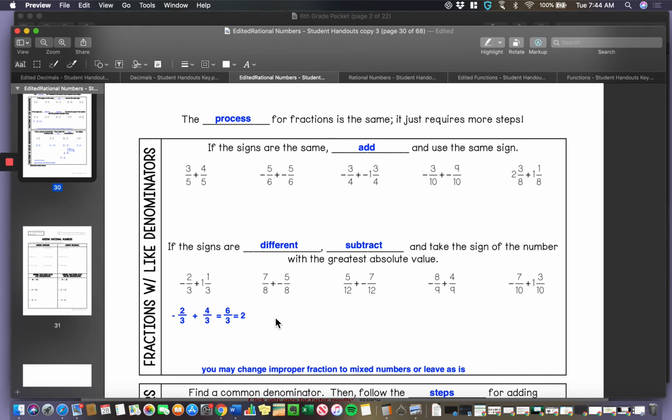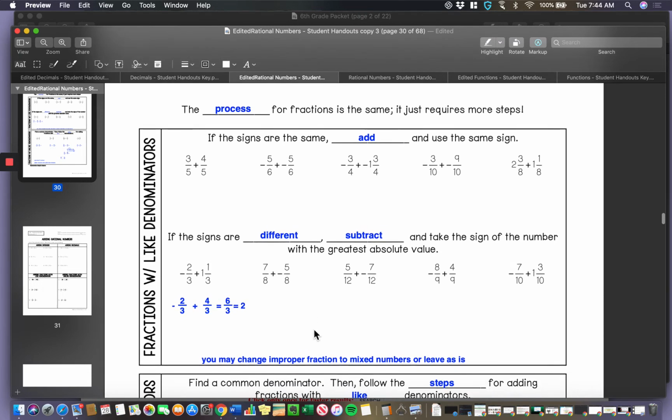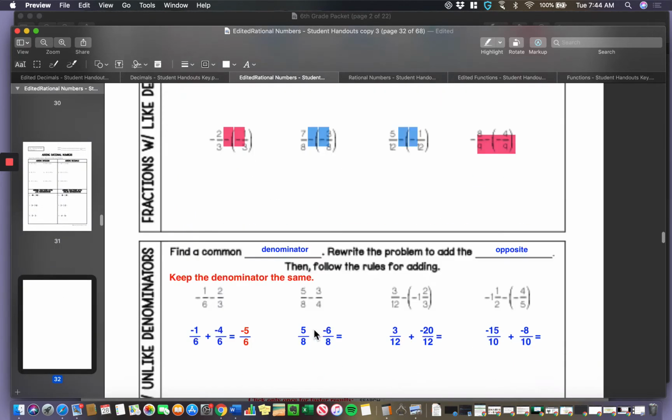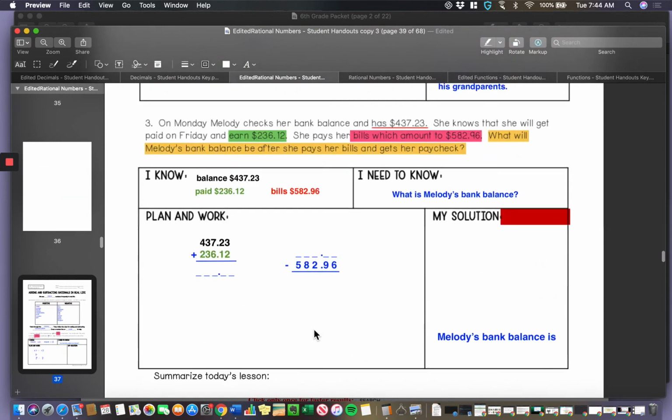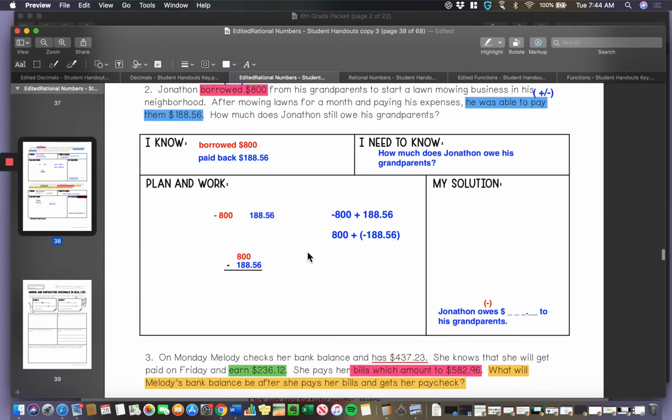So what we want to do is take the sign with the greatest absolute value. So really, the one that we want to take is the 800. It's got the greatest absolute value. So I went ahead and did that. All right, and I'm going to say that 800 is positive here. All right. So we got 800, take away the